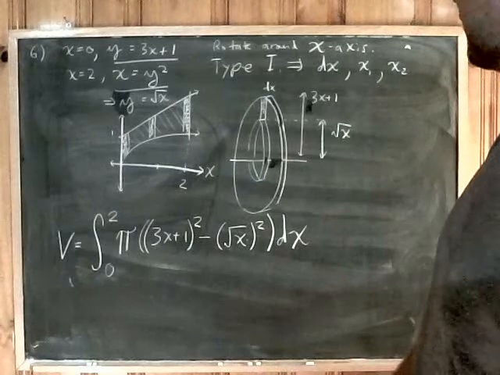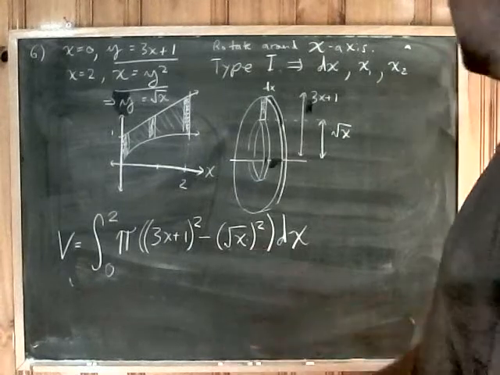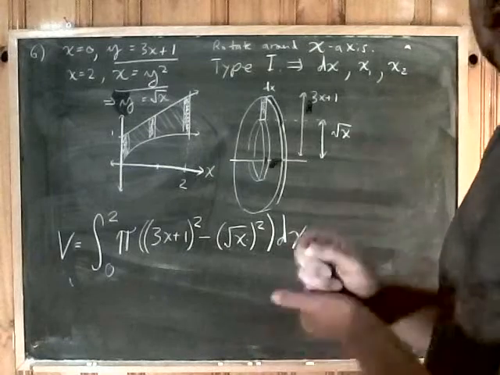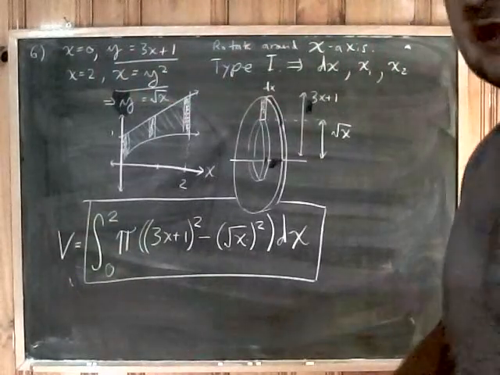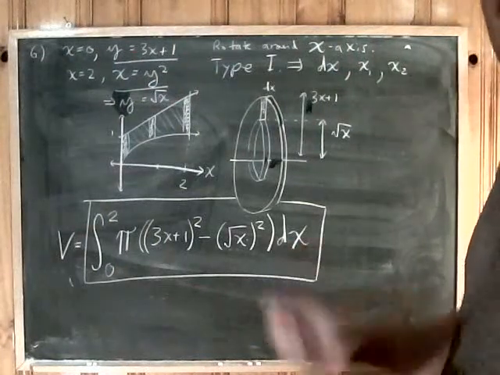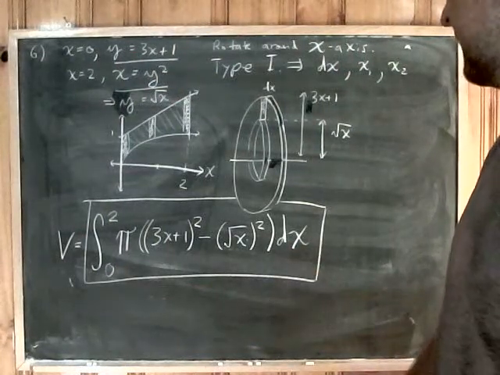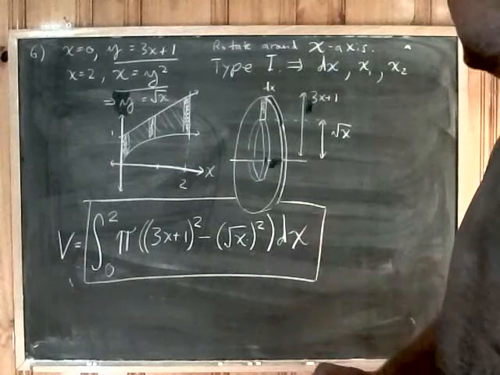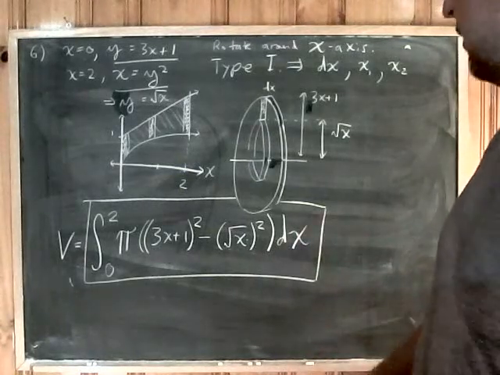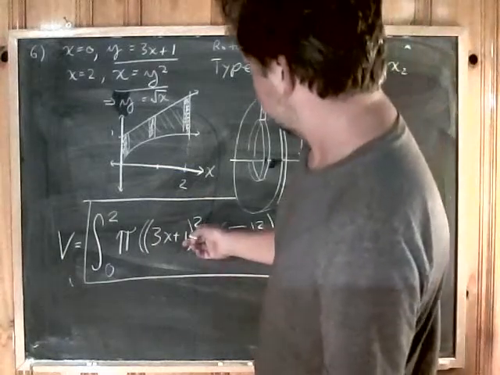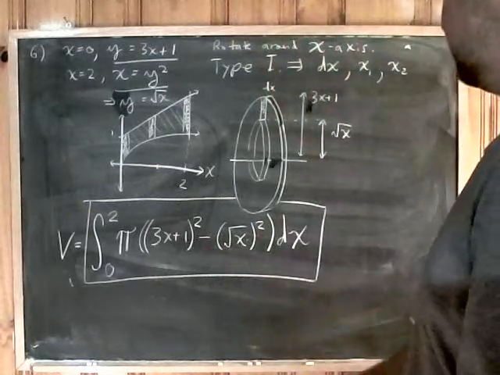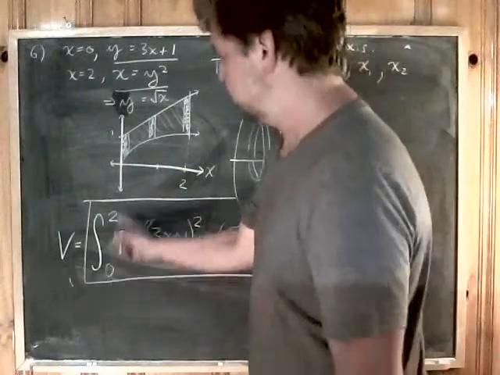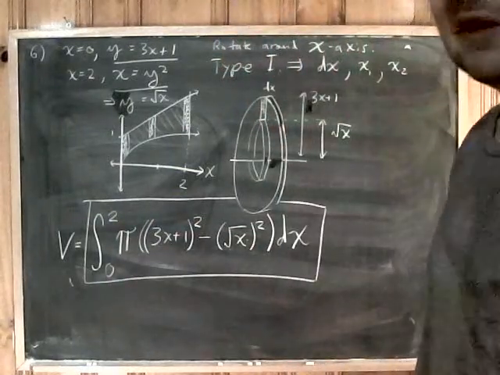It's a washer setup, which always happens whenever you have a type 1 rotated around a horizontal line, in this case the x-axis. So that will be the answer for several of the questions possibly on the test, where you don't go any further, you just do the setup. But now we could pretty quickly get the final answer. It will be another easy raise and divide, because these will all turn into polynomials. Square root of x squared will turn into just x, because these are positive values,